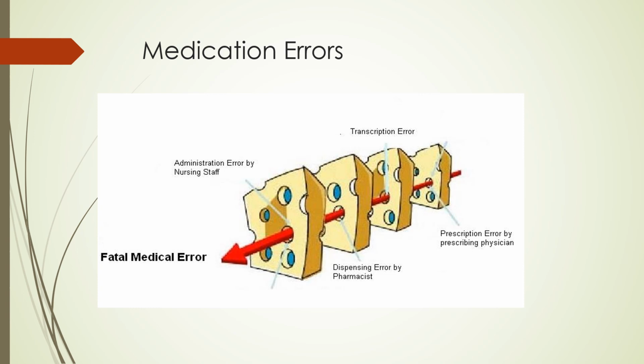patient. The last place to close that tunnel or stop the error from reaching the patient is us. As a nurse, we have the last chance to close that Swiss cheese tunnel, not letting the error get all the way through the cheese tunnel to the patient. Nurses are ultimately responsible for that error occurring, as the last stop before the patient ended with us.